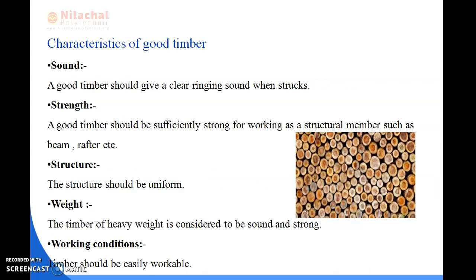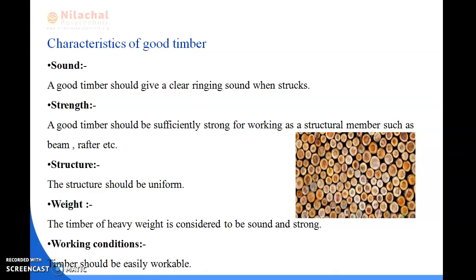So next is sound. A good timber should give a clear ringing sound when struck with each other. Okay. If the timbers are struck with each other, they would give a clear ringing sound. Next is strength. A good timber should be sufficiently strong for working as a structural member such as beam, rafter, etc. So you have already seen this in our construction purposes. It has been used in our beam, formwork, rafter, column. So we can say that a good timber should be sufficiently strong for working as a